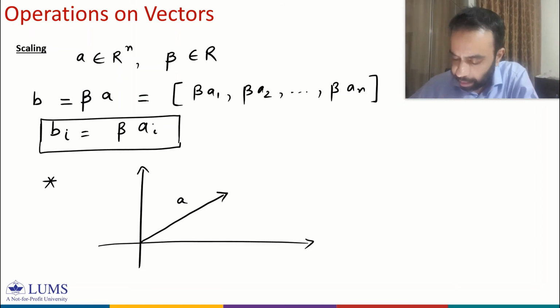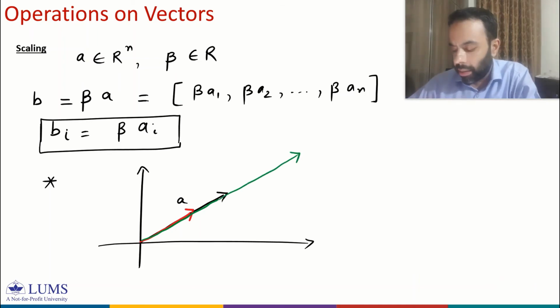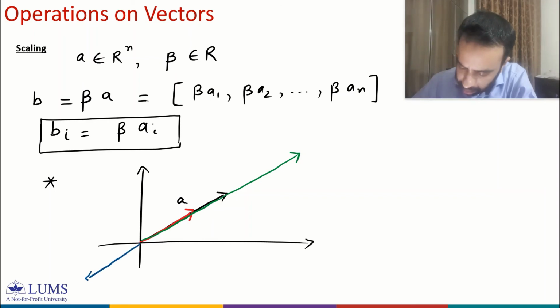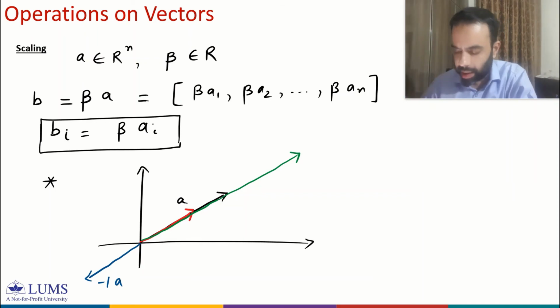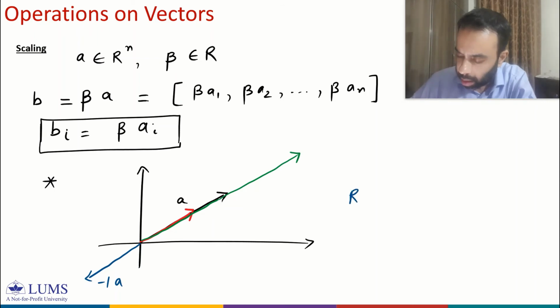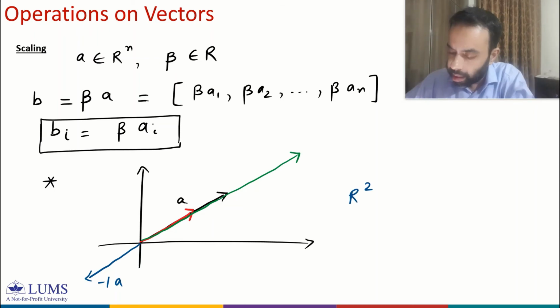So for example, 0.5a would be this one, and say 2 times a would be this. And if you choose beta negative, we again have a scaling operation, but the direction also gets reversed. For example, minus a would be given by, this is minus 1 times a, so direction also gets reversed. So this is just a geometric interpretation of a scaling operation in R2, and we can formalize this as